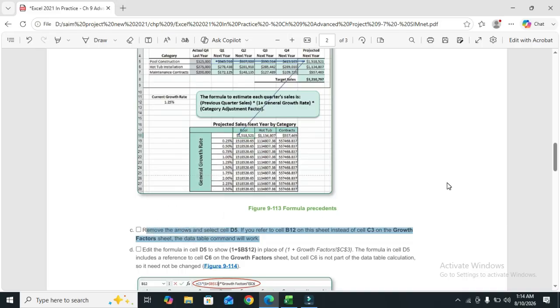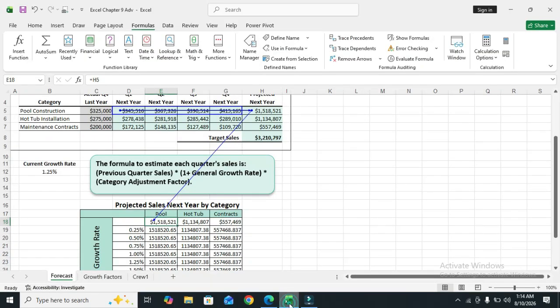Part C is remove the arrows and select cell D5. These trace precedent arrows basically show that the formula in D5 is incorrect, so we will correct the formula in D5.